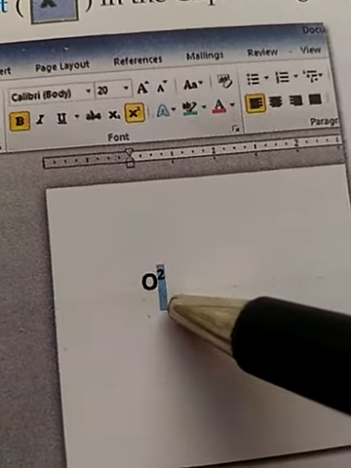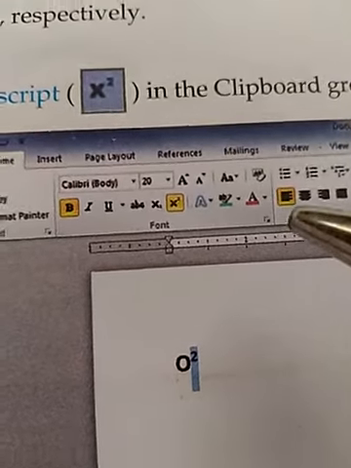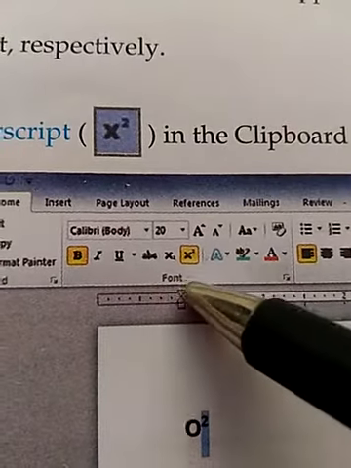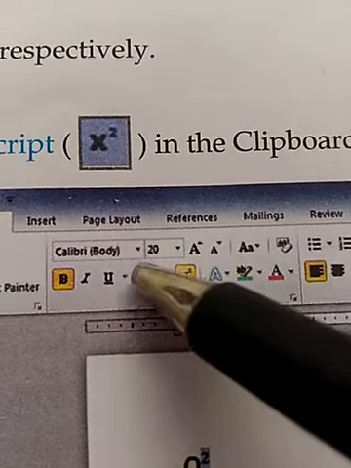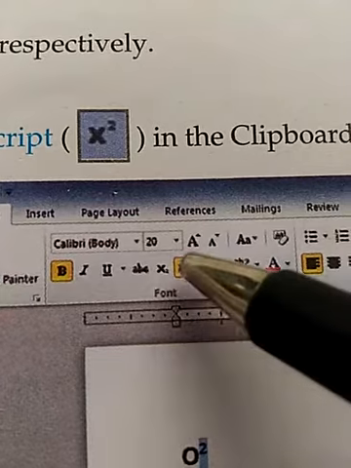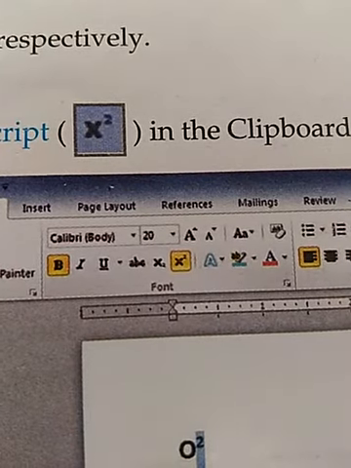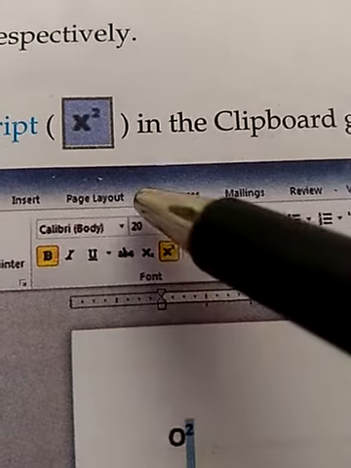The subscript and superscript options are available in the font group on the home tab. This is subscript, this is superscript. If you click on this, your cursor will move slightly upwards and you can write the text over here.